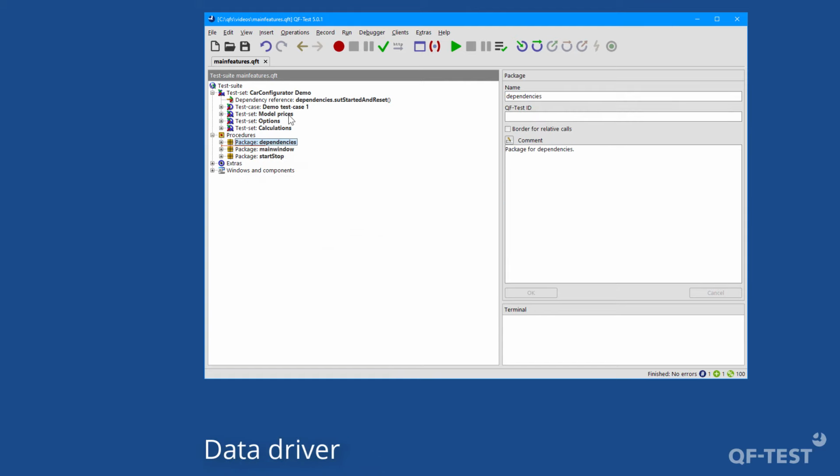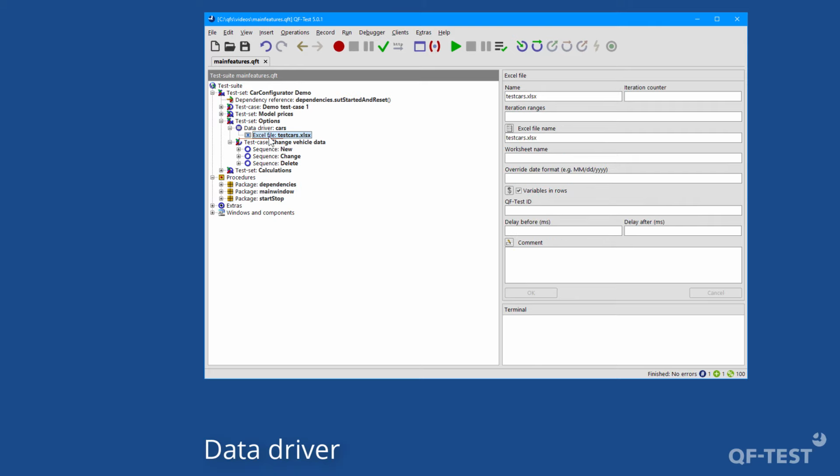environment. Another way to implement test cases quite efficiently is the concept of data-driven testing using so-called data drivers in QFTest. So you can implement the test case only once in QFTest, and you can repeat the test case and run the test case as many times as data sets you have. And the data sets can be defined either in QFTest directly or in external CSV or Excel files or in databases or even in custom data sources.